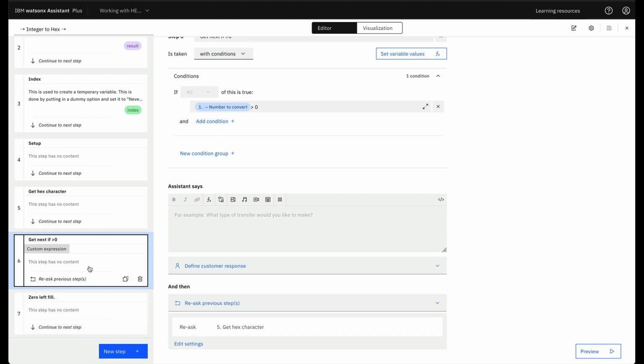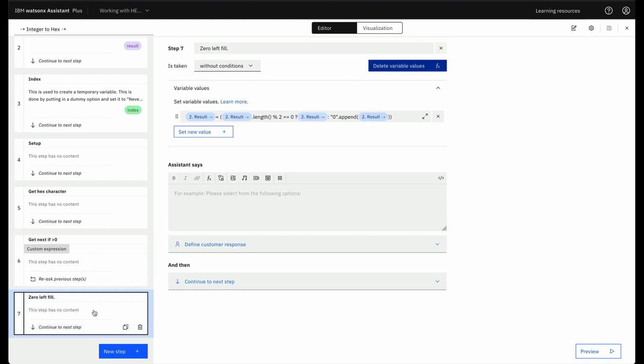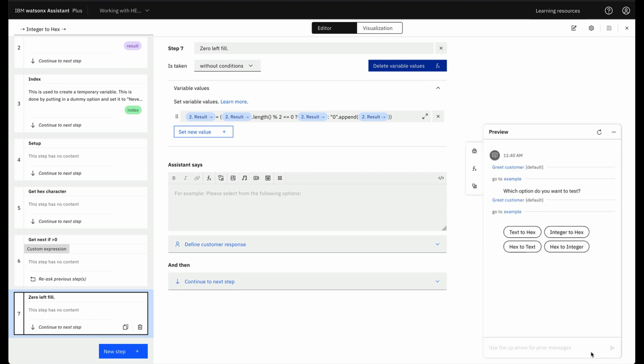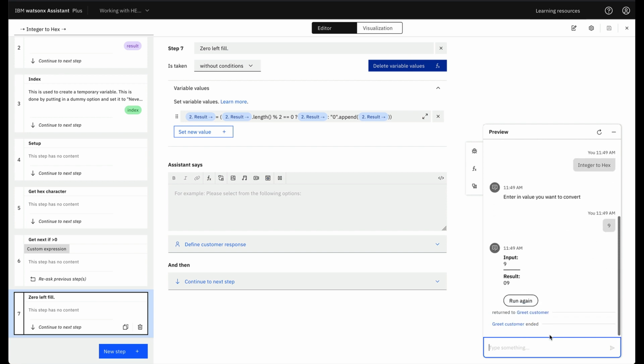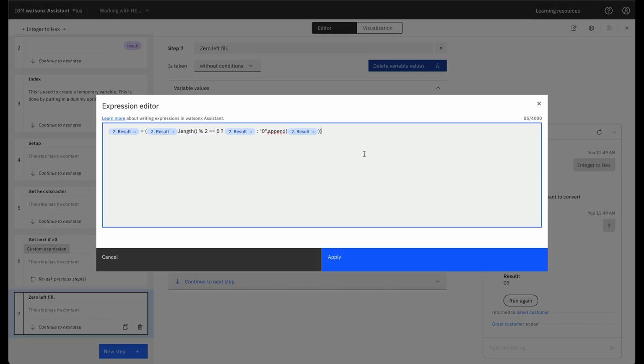Now, once you've finished out, what can happen is, you could be finishing on a number that doesn't fully fill out. So for example, if I do integer to hex and I type in 9, what this code here does is it adds the 0 to the end. So it looks a bit messy, but what it's doing is saying, from here to here is saying,